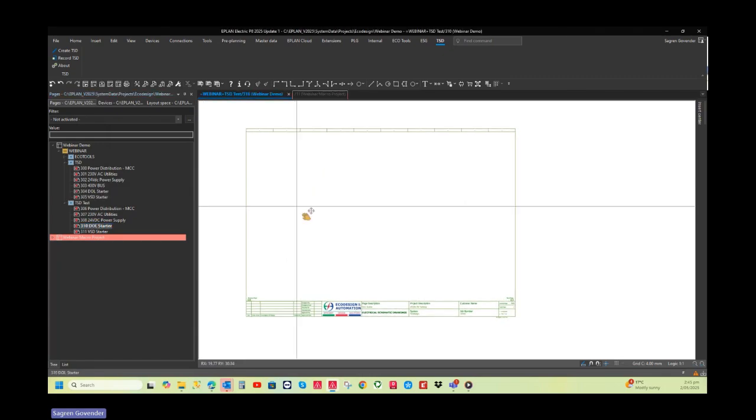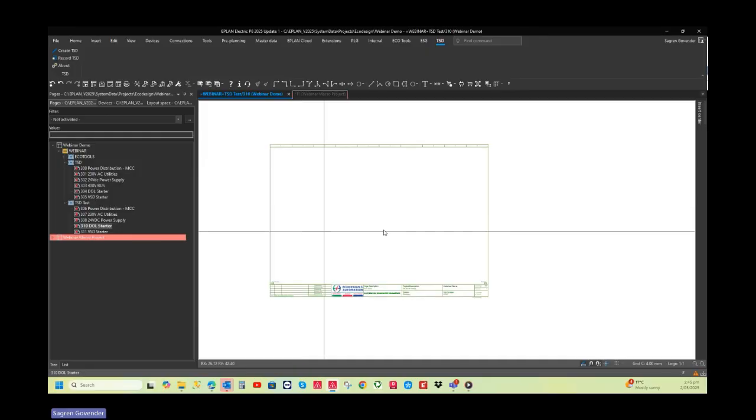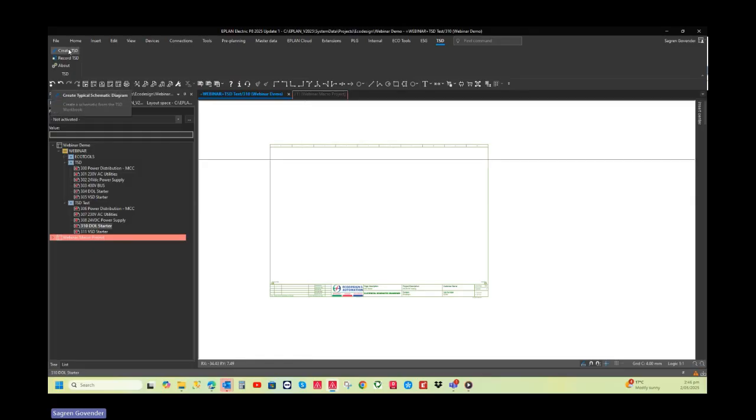So I'm going to go into my DOL starter. It's a blank page at the moment. So I've got this project. It calls for a DOL starter. And instead of starting from scratch, I want to be able to create this without having to find the macro, find the circuit from another project or something like that. So I'm going to go to create,